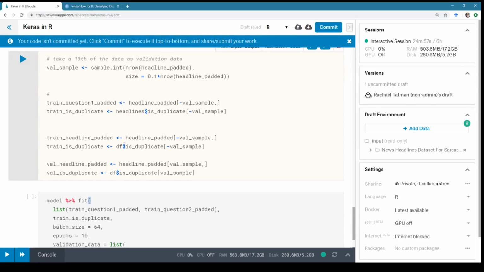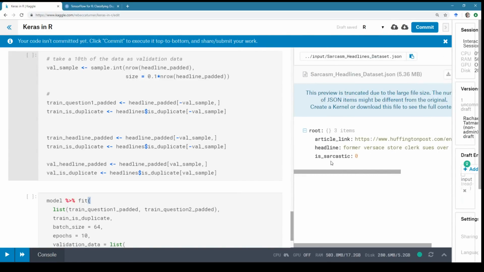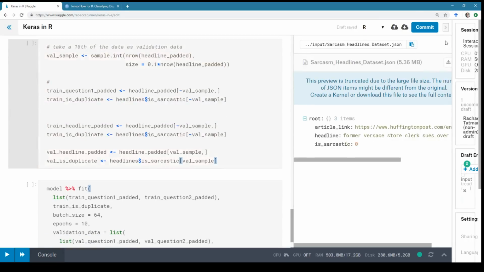Okay, so the difference here, headline padded is what we called it. And we want to take it from headlines, and I don't actually remember what the column was called that had that information on it, so let's take, oh, that's right, it was a JSON. Is underscore sarcastic. Code isn't committed yet.